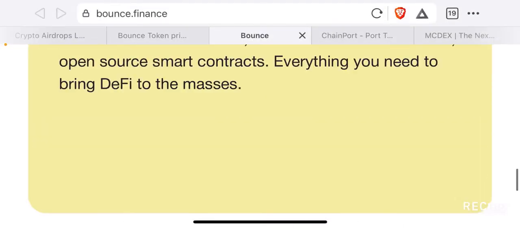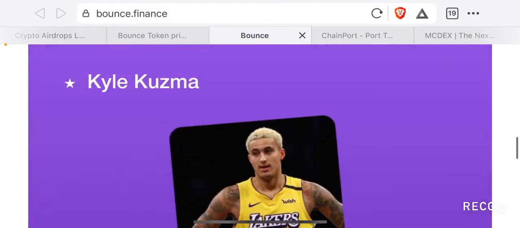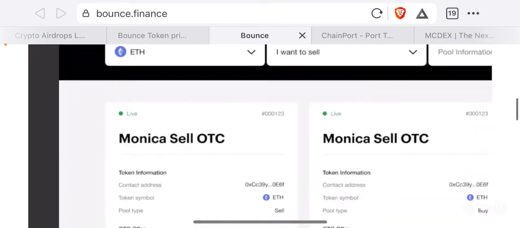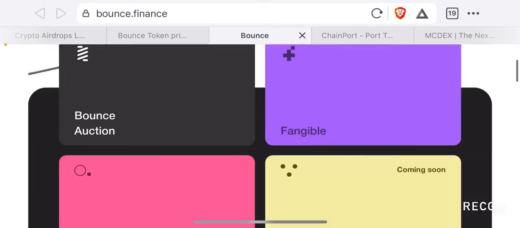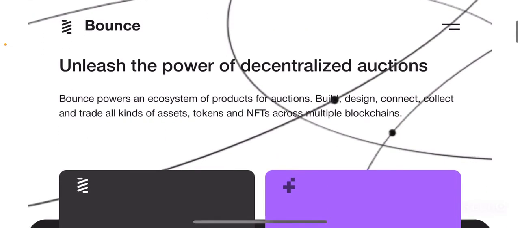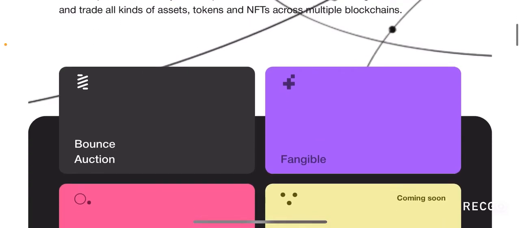Apart from that, at the bottom you have the social media information, but if you see here, they're calling themselves Bounce DAO Limited, which means it is going to be a decentralized autonomous organization, which means token holders have a lot of say in the ecosystem, and therefore they will eventually be running the entire ecosystem in a DAO manner, which is going to be a benefit for Bounce Finance, right?